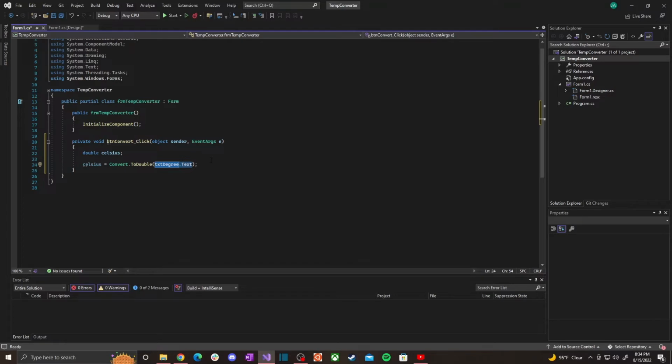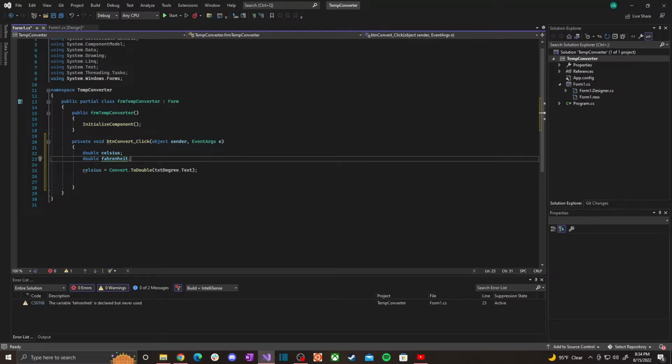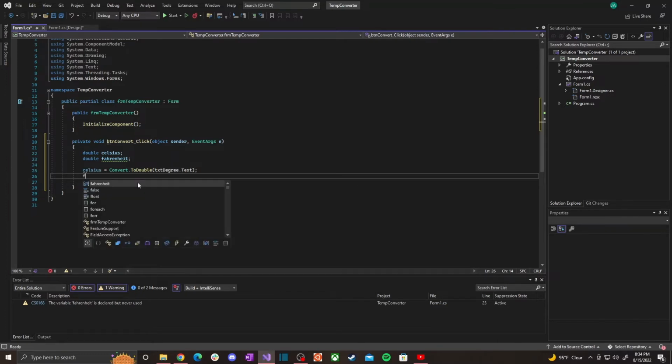Now I want to take this amount of Celsius and convert it into Fahrenheit. So the conversion is going to be the following. I'm going to create another variable over here. I'm going to say double, I think it's Fahrenheit is the way it's spelled, I believe. Hope I got that correctly. So we're going to take our Fahrenheit amount